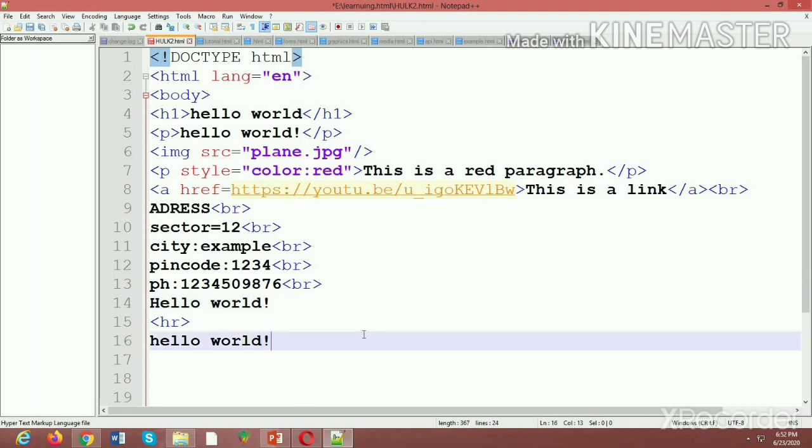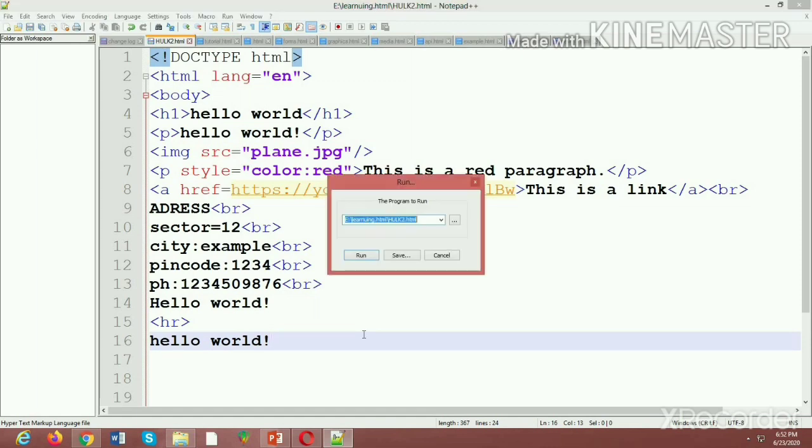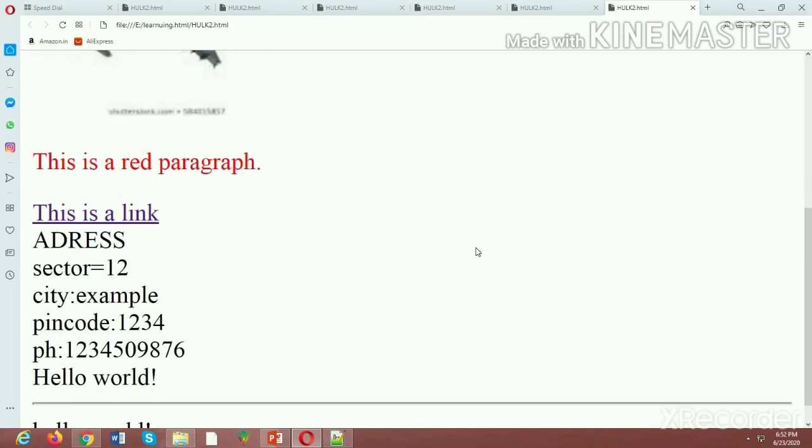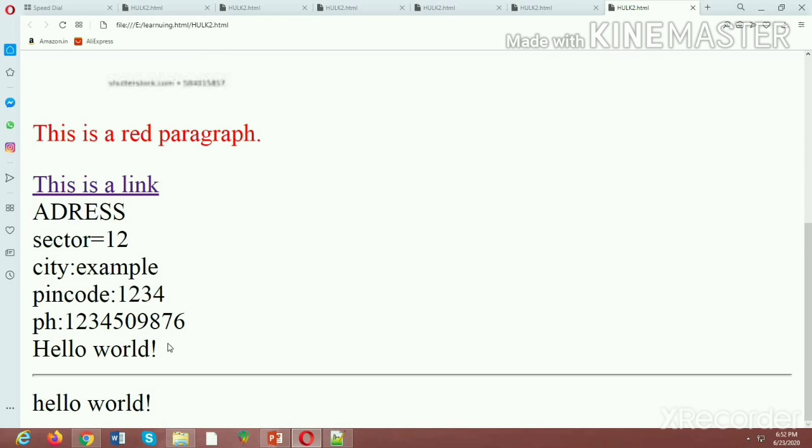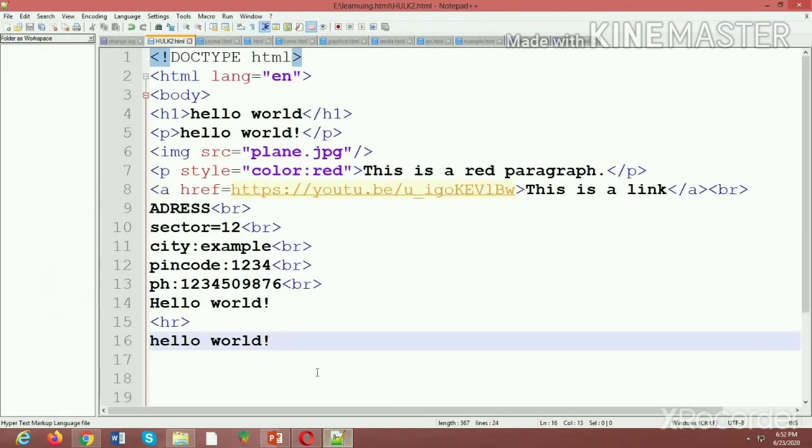Now I'll run this. As you can see guys, hello world, then a horizontal line in between these two texts, and again hello world. So for this purpose the hr tag is used.